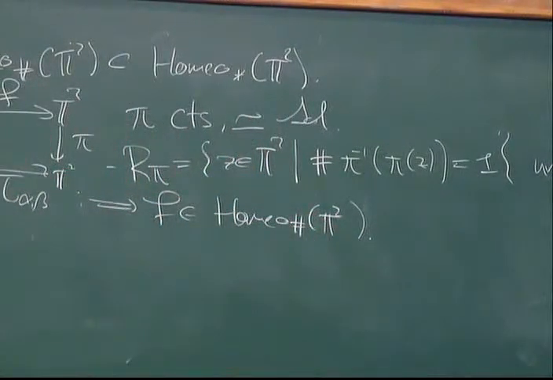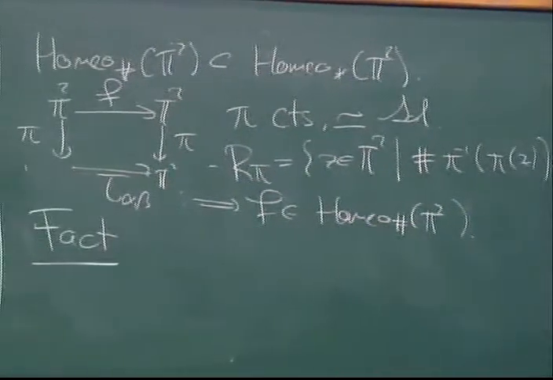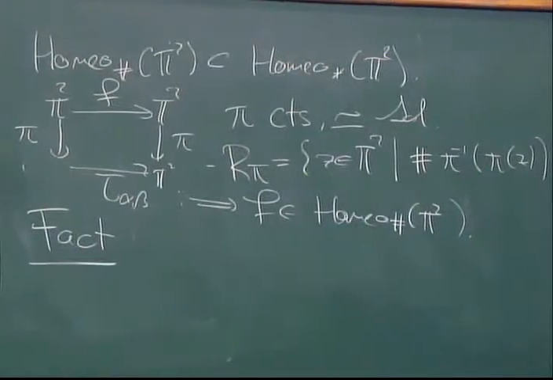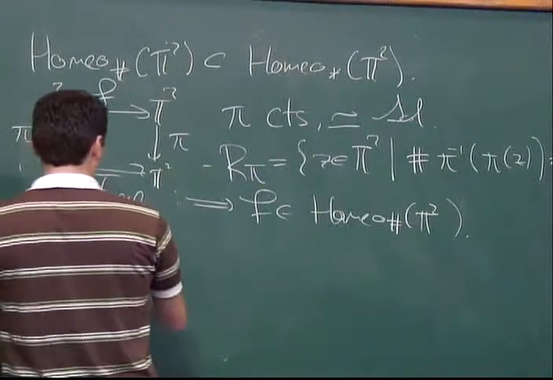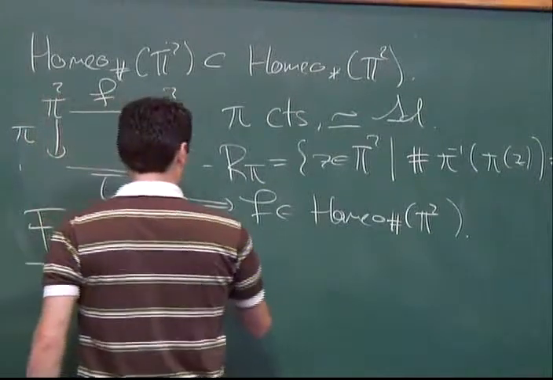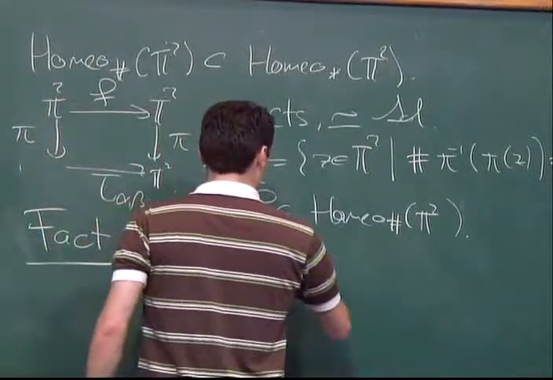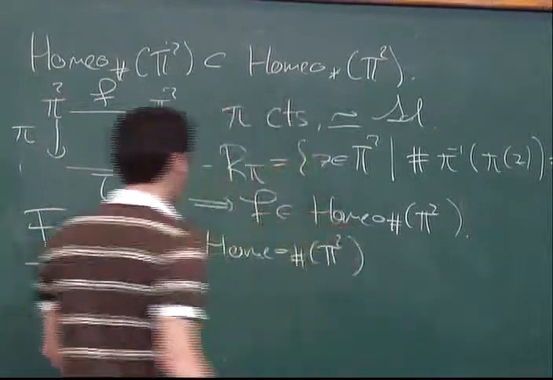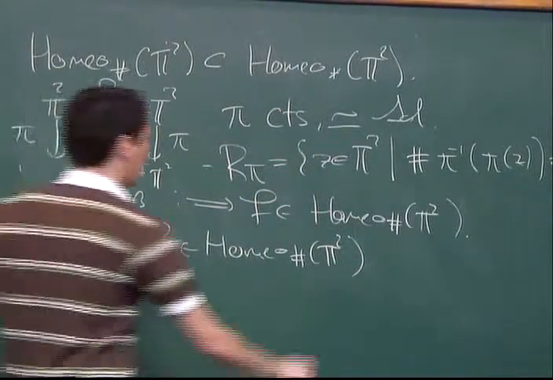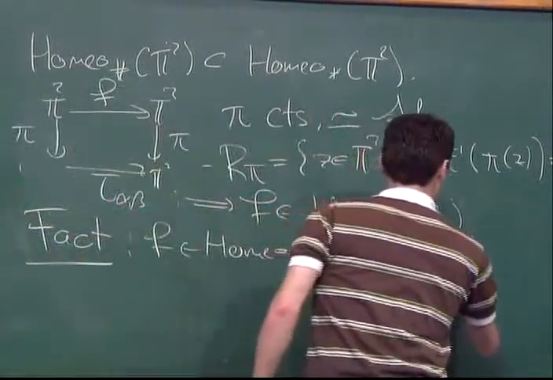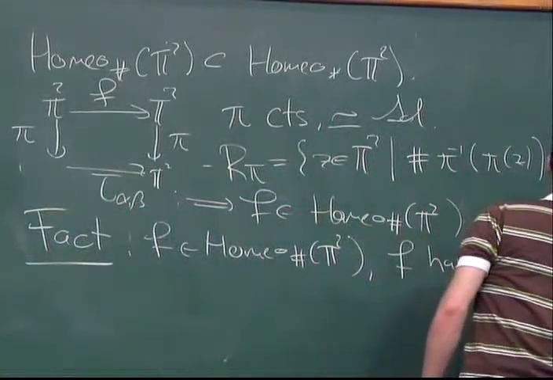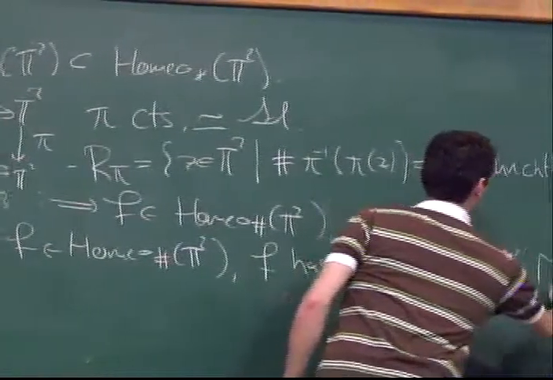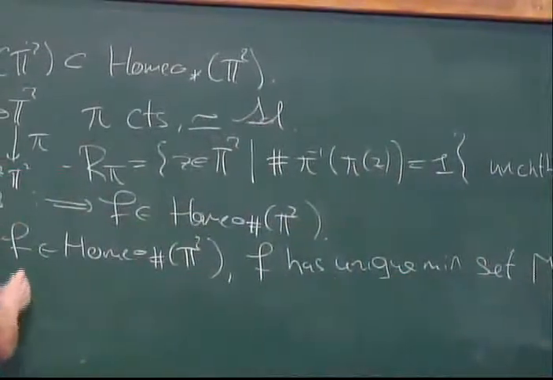So now, what does this have to do with minimal sets? Well, you can basically read off from what pi does what the minimal set is. So that's the import here. If F is in homeo sharp, then F has a unique minimal set, M. And M is precisely the closure